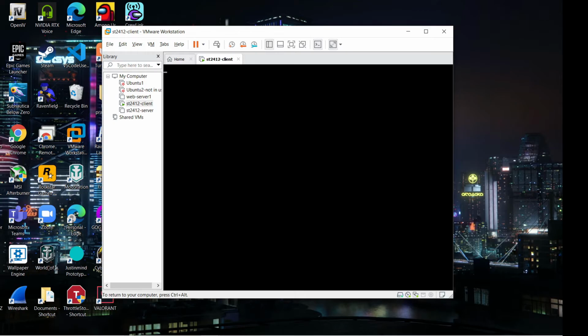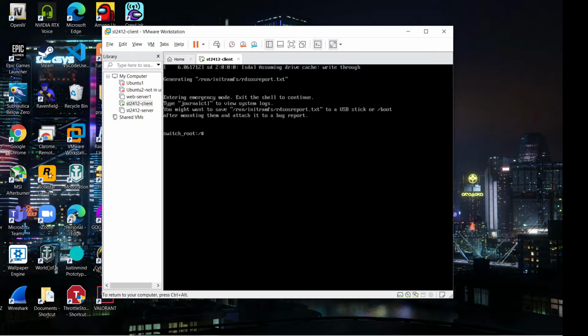This is to instruct the bootloader to break during the boot process. The boot process will break and enter the emergency mode. It will then provide me with a command prompt with the root privilege. In this emergency mode, your Linux system is actually booted from a RAM disk with the bare minimum system files and tools. The real root file system at this point is mounted under the directory /sysroot.